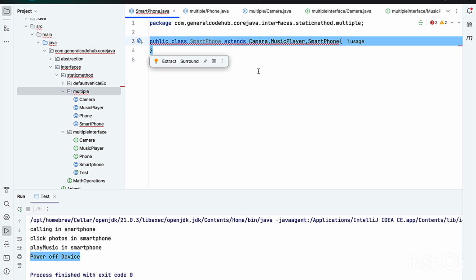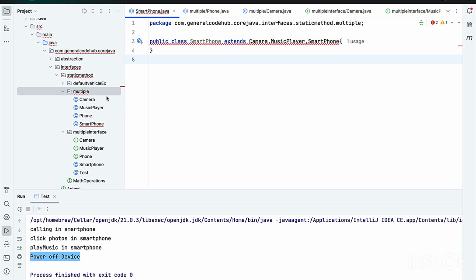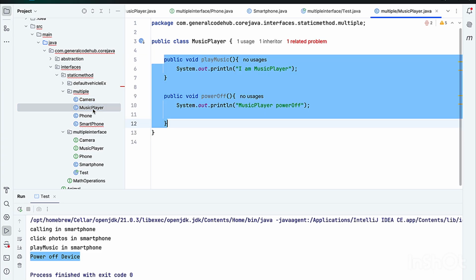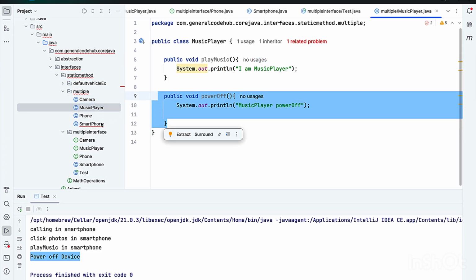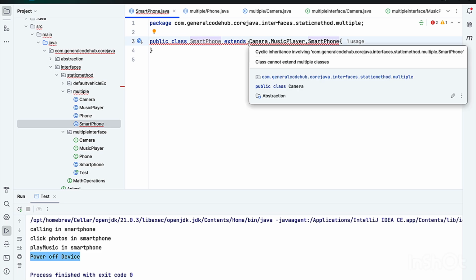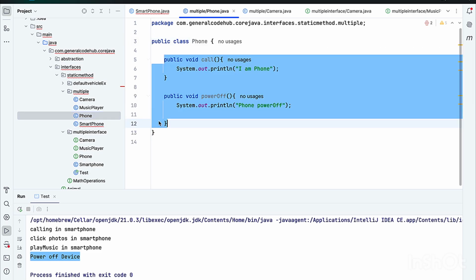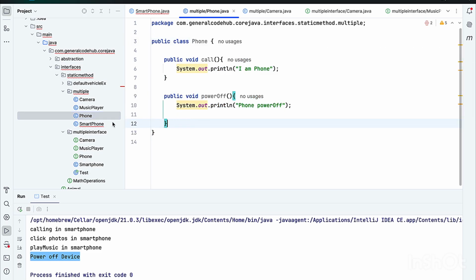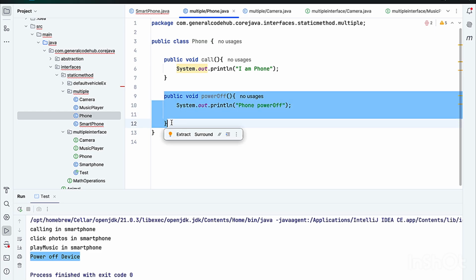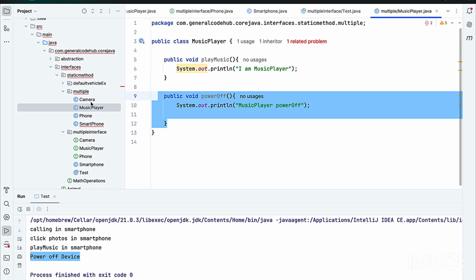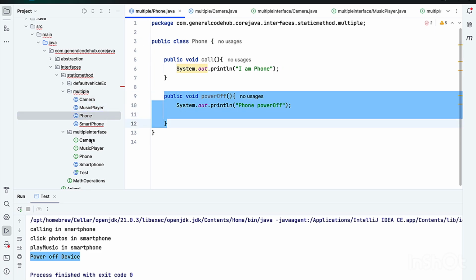Multiple inheritance is not possible with classes because in every class, Camera, Music, Phone, there is a power off method. So when you try to use it, Java gets confused about which class's power off method should be used: music, camera or phone. So in interface,